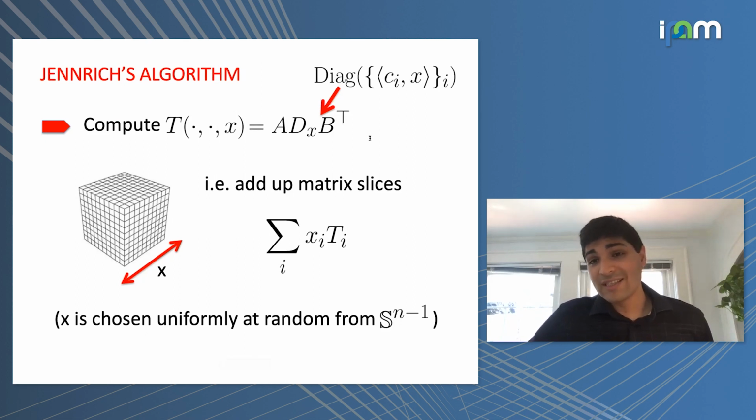So now I can write this in a slightly different way. I can take my factors, the a sub i's, and organize them into a matrix so that they're the columns of a matrix A. I can do the same thing with the factors b sub i: I organize them into a matrix where the columns of B are the b sub i's. And then I can organize these scalars that I'm supposed to multiply into a diagonal matrix, where along the diagonal it just has the inner product of c sub i and x. I'm going to write D sub x just to denote that this diagonal matrix is a function of my first choice, this vector x.